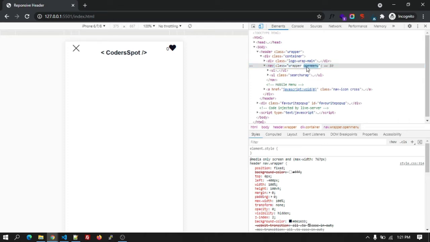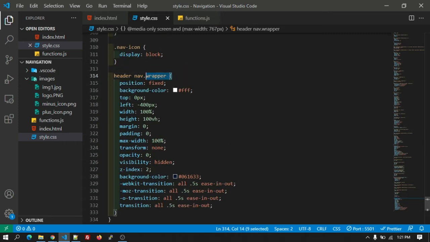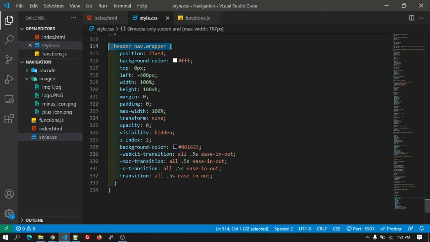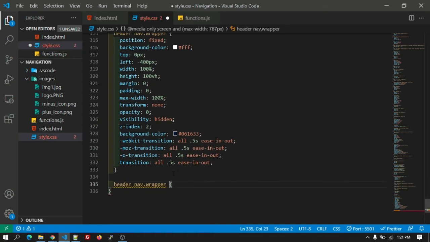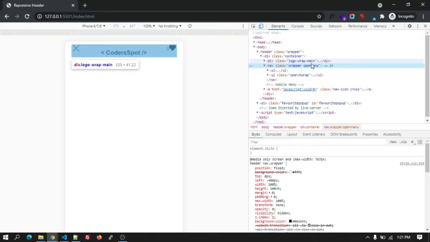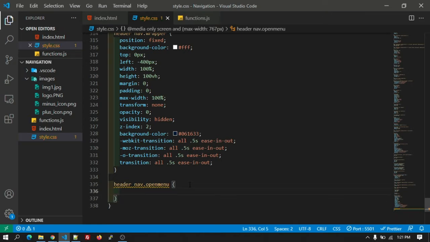So for that, we are going to add CSS for the open menu as well. So let's copy this entire header nav wrapper class and let's go to here. For the wrapper, for the open menu the class is appending. So let's paste it over here, the class open menu.